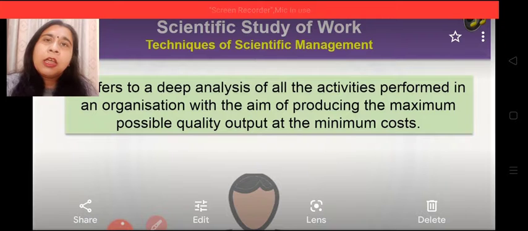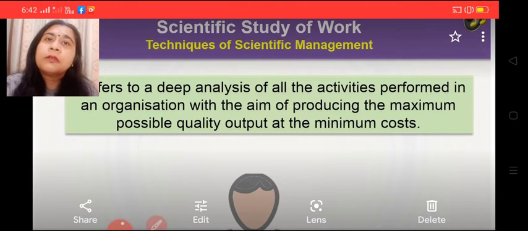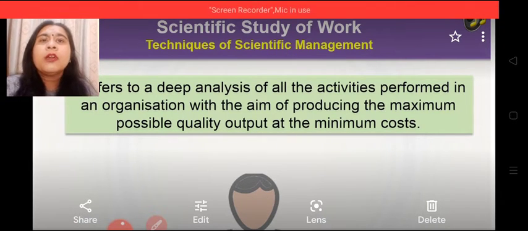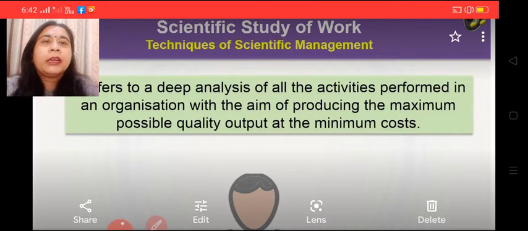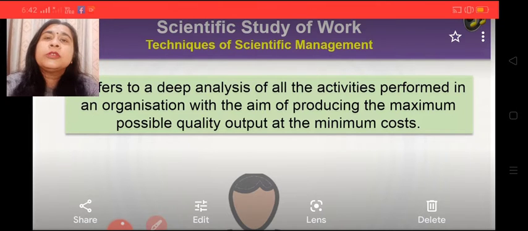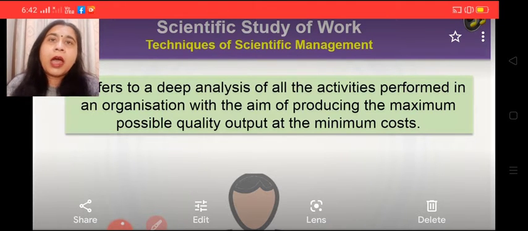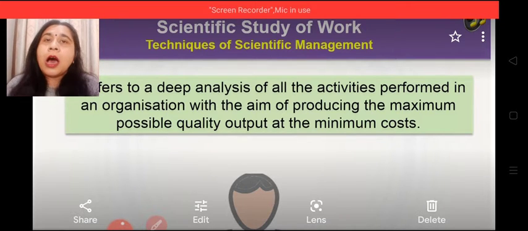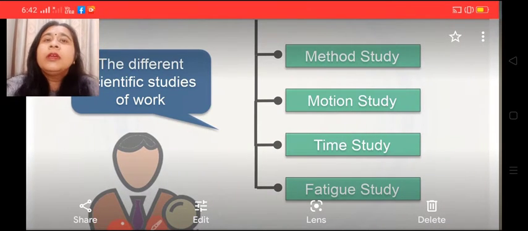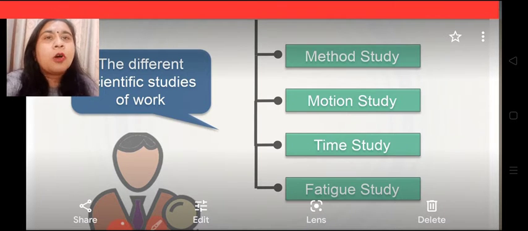That is again a logical study of work, how the work is to be done logically. This refers to deep analysis of all the activities performed in an organization with the aim of producing the maximum possible quality output at minimum cost. Cost is to be reduced and the productivity, the quality is to be improved. How will this be done? The different scientific studies of work are